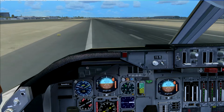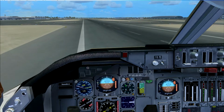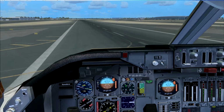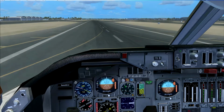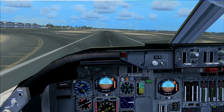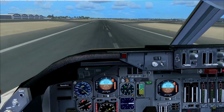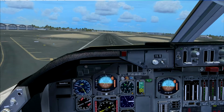Oh, and engine 2, look at that. Engine 2 has decided to quit on us, so I'm gonna say that is a big con on the CLS's side. Given the fact that this was fully configured, we're gonna rotate right about now. And I like this. If we return perfectly, you couldn't even tell. We have a bit of a crosswind on takeoff, which is crazy. But that can also be due to